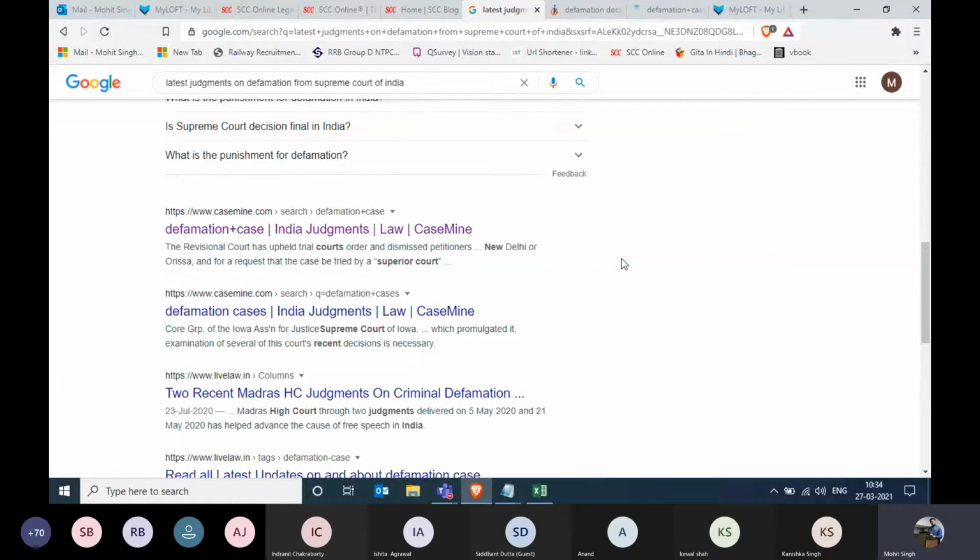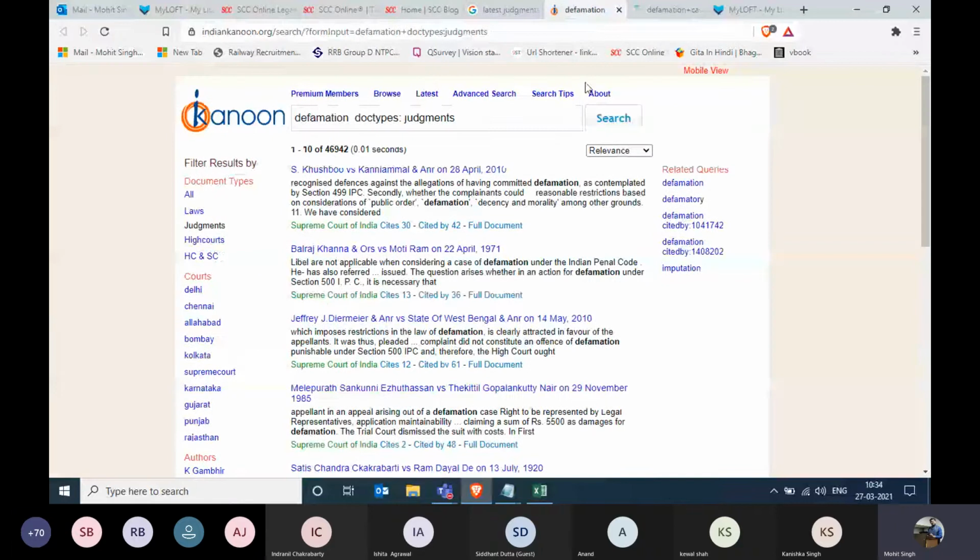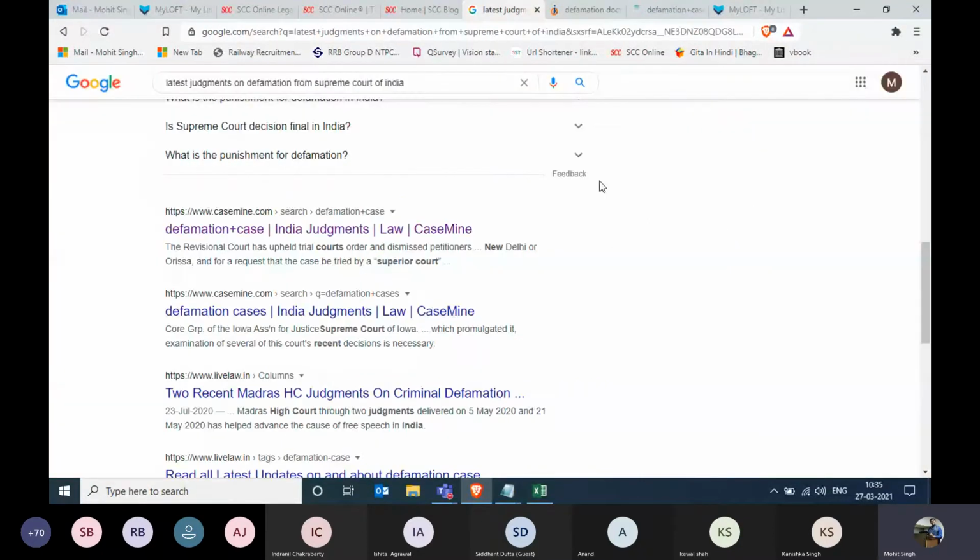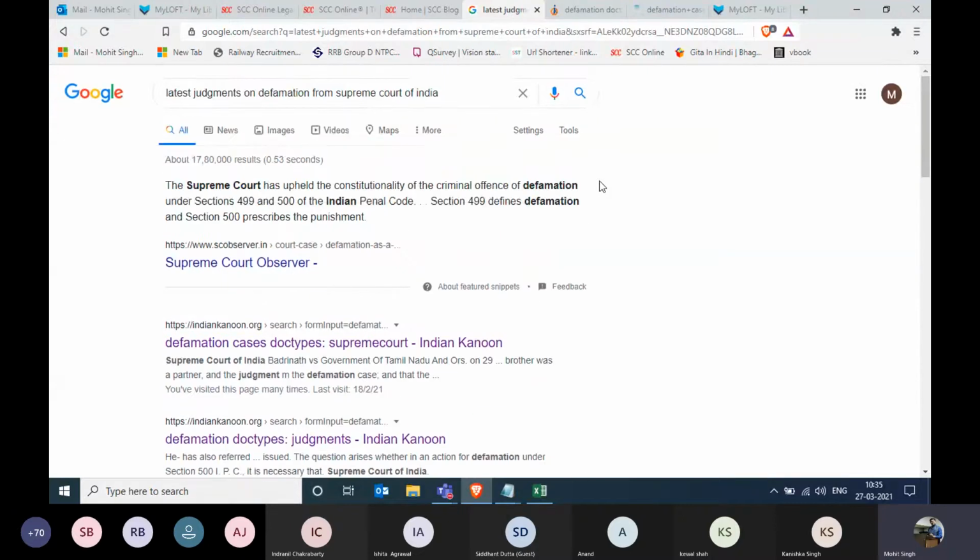The second roadblock is that whenever you're working on any XYZ website, such as this one, for example, Indian Kanoon, I'm not defaming this particular website, I'm just giving you an example. So don't quote me on that. Whenever you're working on any XYZ website, does it give you a guarantee that the information you are viewing right now has been taken from the original source, or it has been modified as per the viewer's choice? So you do not have that particular impression while working on that website. And that is very important.